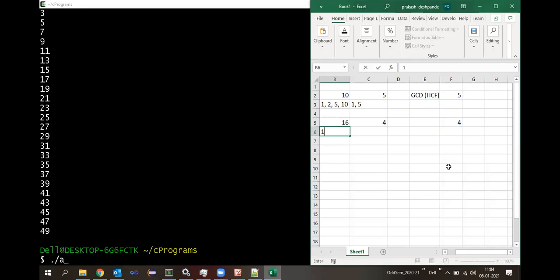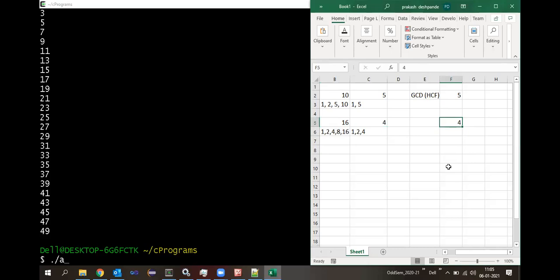Factors of 16 are 1, 2, 4, 8, and 16. Factors of 4 are 1, 2, and 4. It should be a common number between these two, and at the same time the maximum. That is 4. So 4 is the greatest common divisor.